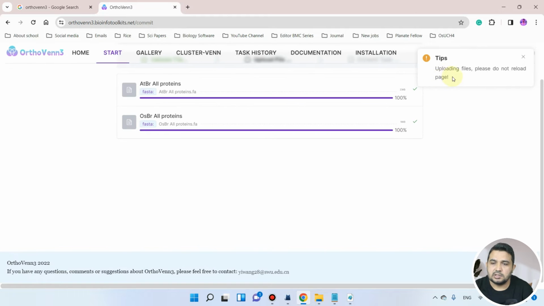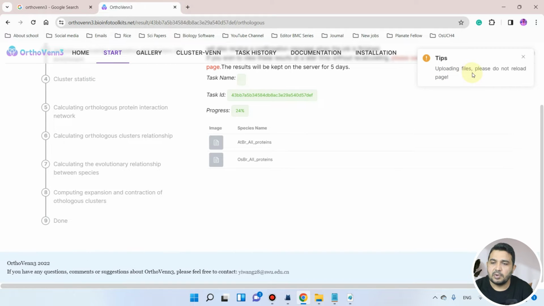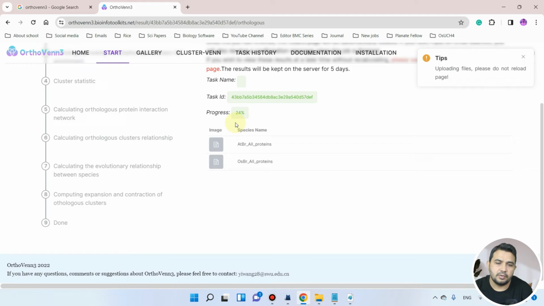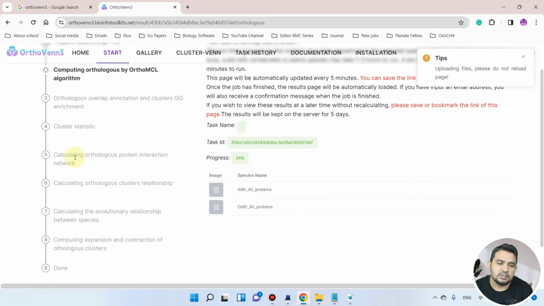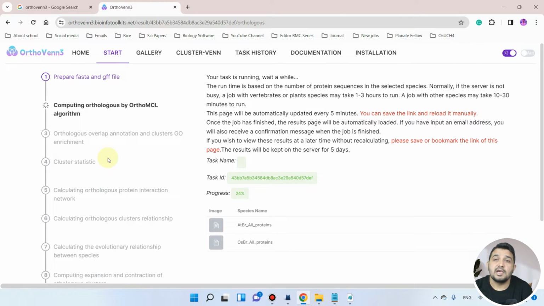You can see it is showing that it is uploading files. Please do not reload the page. Now it is computing the orthologs by the OrthoMCL algorithm. All these steps will be finished soon, as long as we are only uploading small files.